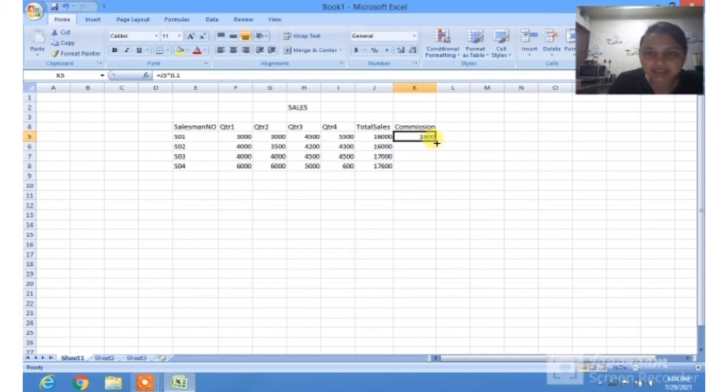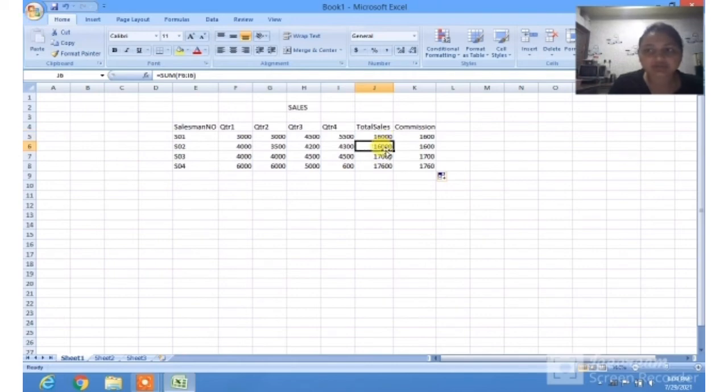Now how to apply the same formula to the cells below? Simply drag and drop the handle down, and I'll get my desired result. Now students, check one thing here. The first formula that you made was SUM F5 to I5. I have copied this formula down and did nothing else.